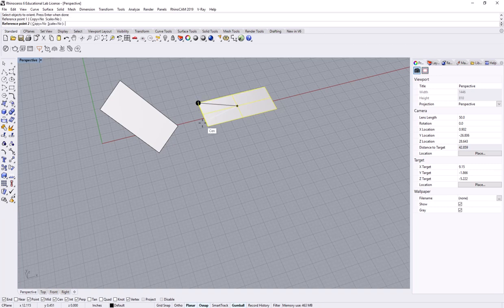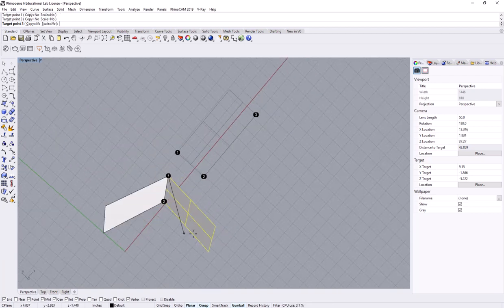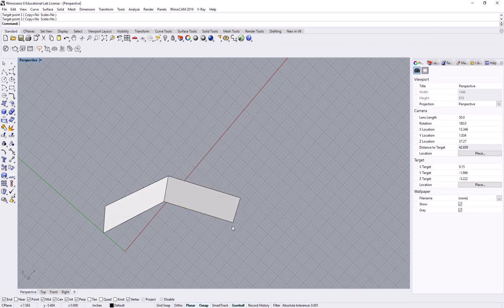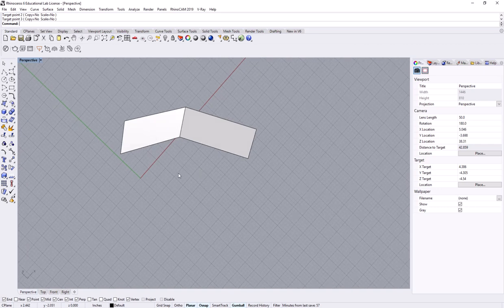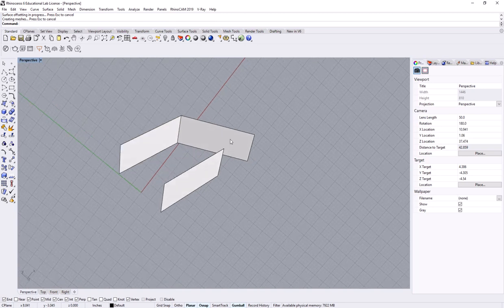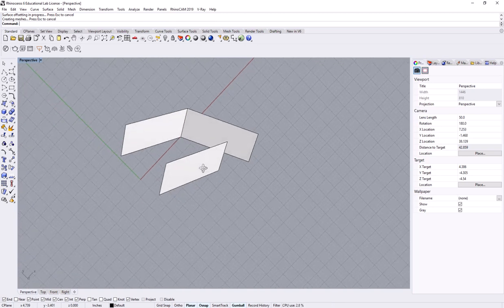It's going to ask us now for 3 reference points instead of 2. So we put our first one there, second one there, and then our third one is actually going to serve as a hinge. So the problem here with the way we have this file set up is that we have nothing to actually snap that third point to. So what you're going to have to do is set up some, I'm going to call it temporary jigging within your file. So a temporary surface that you'll have in here that will allow you to actually snap to